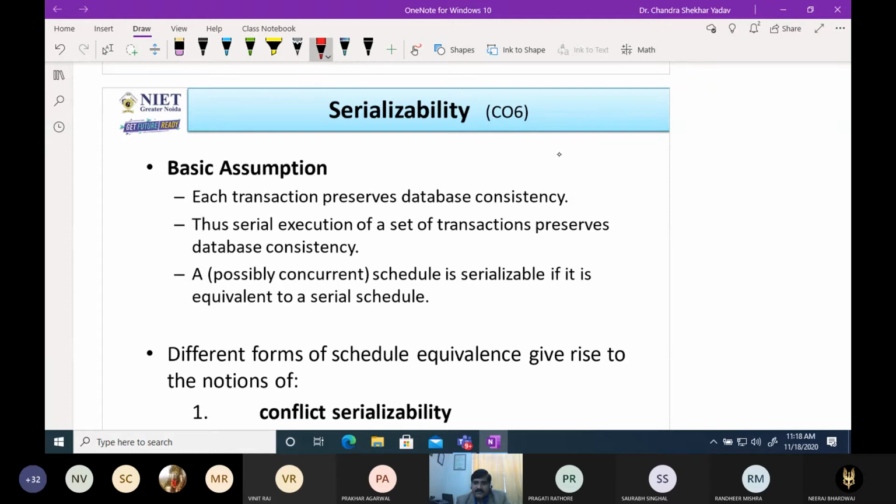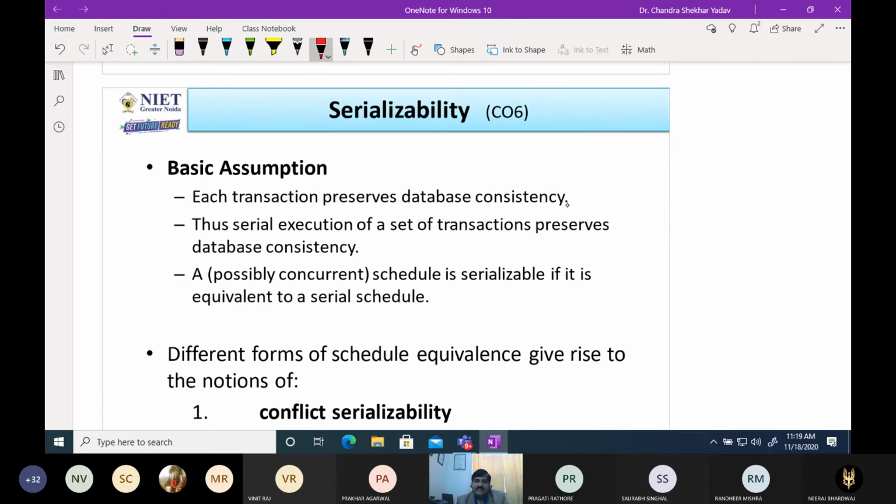If we have a non-serial schedule, and that non-serial schedule is equivalent to a serial schedule after swapping the non-conflicting instructions of different transactions, then that non-serial schedule is called a conflict serializable schedule, and that process is called serializability.